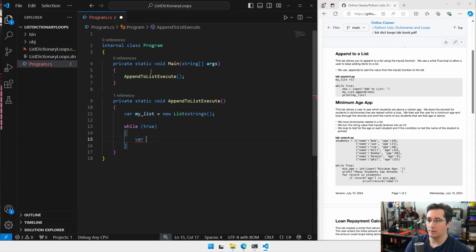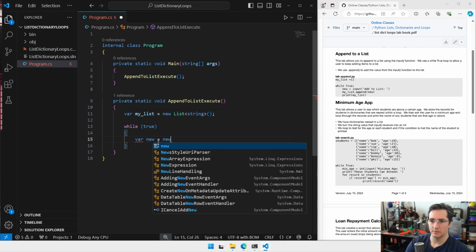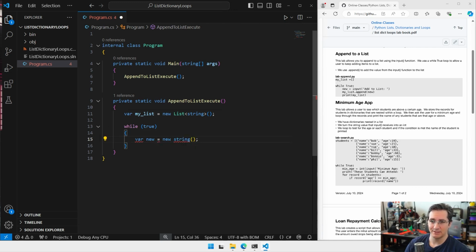We're going to say var, and we can't use the variable name new. New is a keyword. So if we say var new equals anything, like new equals new string or something like that, it's going to say, oh, you're all confused here. So it can't be new. So what we'll say is new text equals